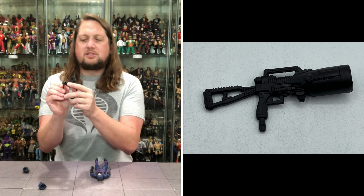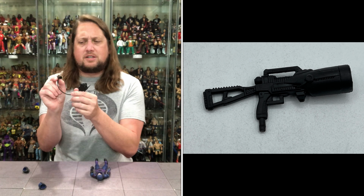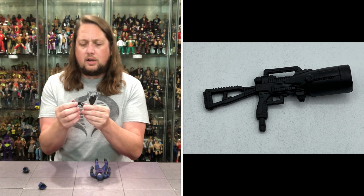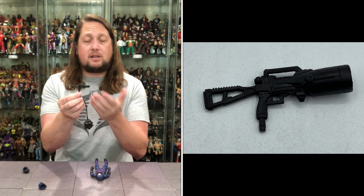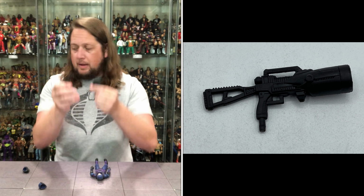I'm not sure. It almost looks kind of like a big blowhorn, like a young Jimmy Hart, Mouth of the South, or something like that. It does have a spot for an effect piece in here, so you could stick one of those in if you needed to. So that's kind of cool. But it is a black, definitely a new weapon here, definitely something different, all in one color, but it does fit all together. You put it in the backpack, put it in his arm, bam, you're off to it with